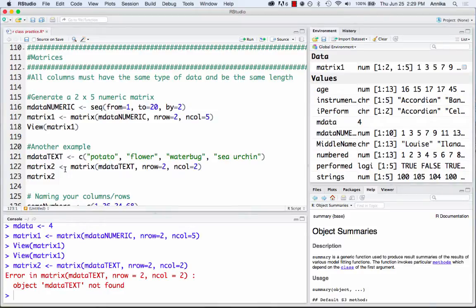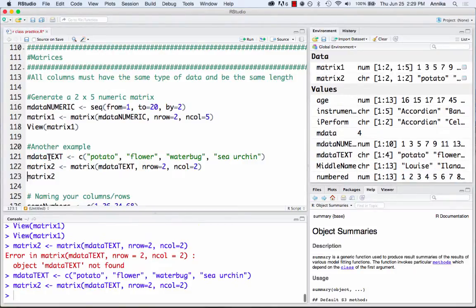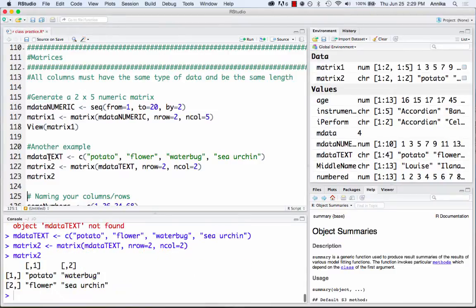And you can see this is another common mistake actually that I tend to make all the time, is I'll write multiple lines of code and then just run the last one thinking it's going to work. But it doesn't know that this is typed yet because I haven't run the code. So I have to click here and run that. And now this will work. And so if I run matrix 2 now, it's created a matrix 2 by 2 with all of my strings